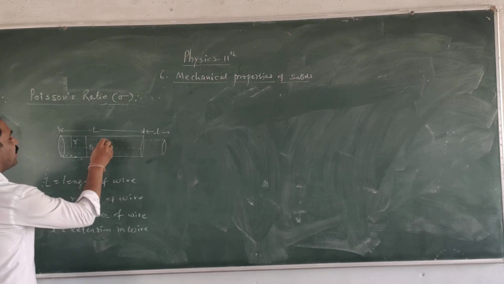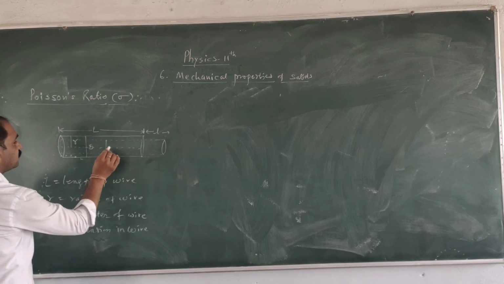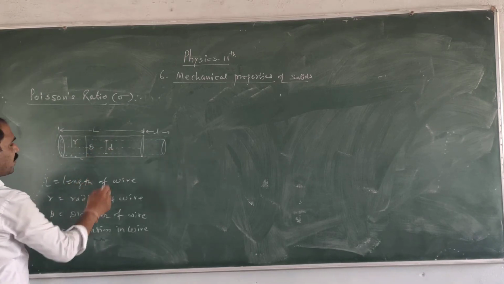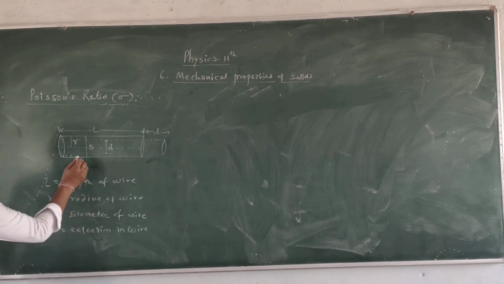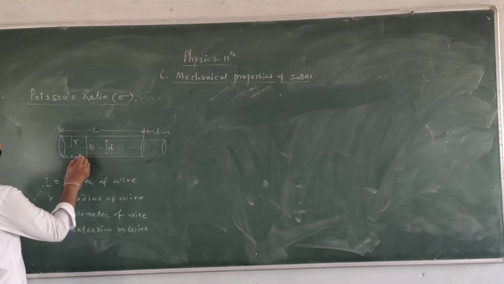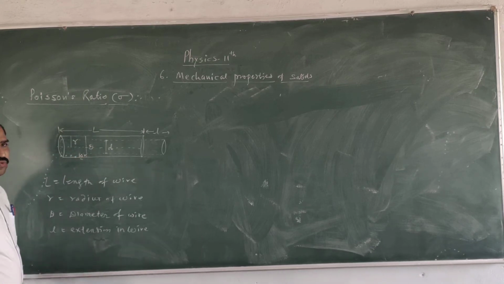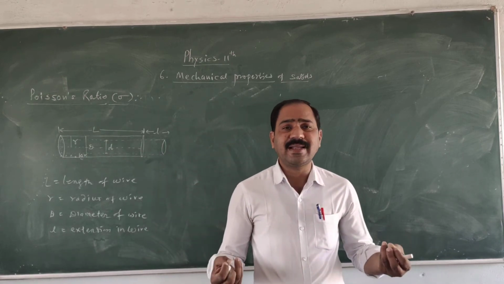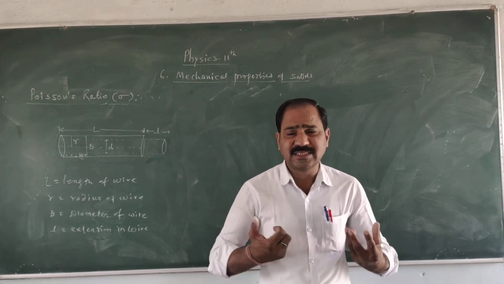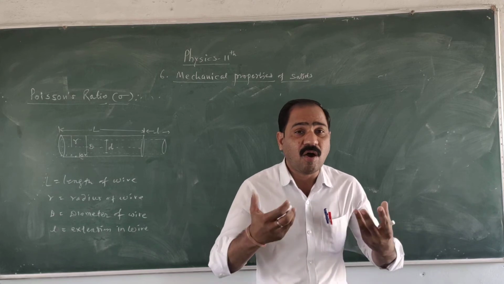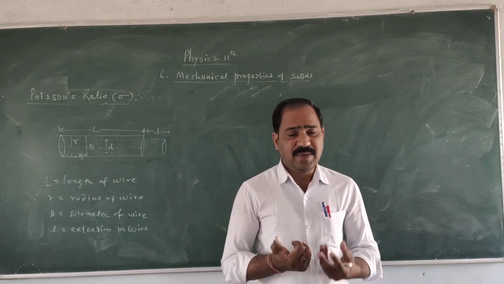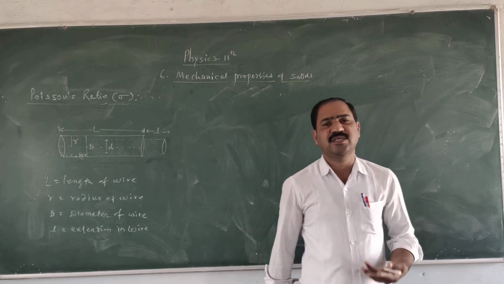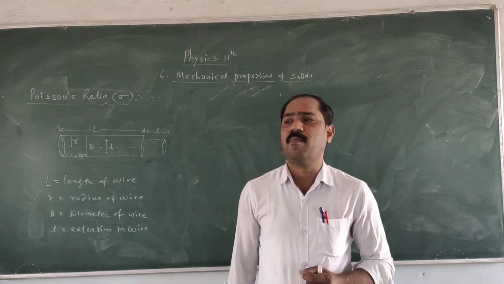So this is the extended length, and here is the reduced diameter. Means diameter is now small d. This is the small d, the new diameter. It is represented by delta r. मीन्स यहाँ पे इसका रेडियस कितना हुआ, डेल्टा आर से क्या. There is the lateral change, lateral extension and longitudinal extension. Means here is the strength, means change in dimension to the original dimension. This property is called as the strain property.